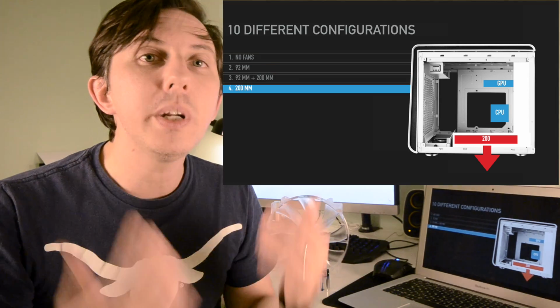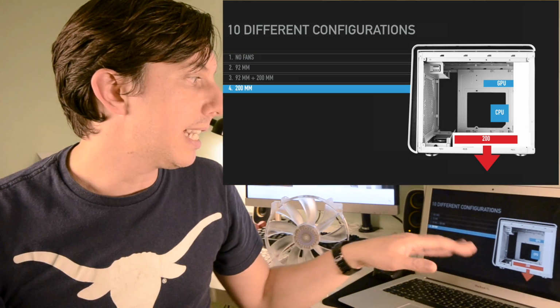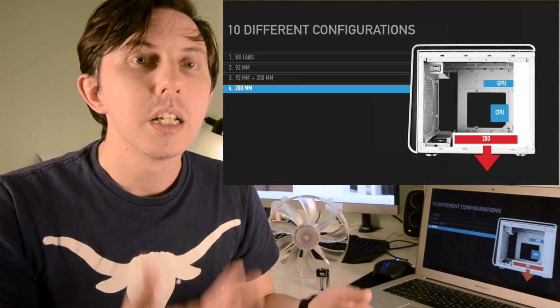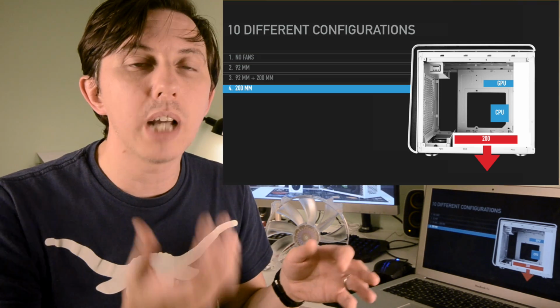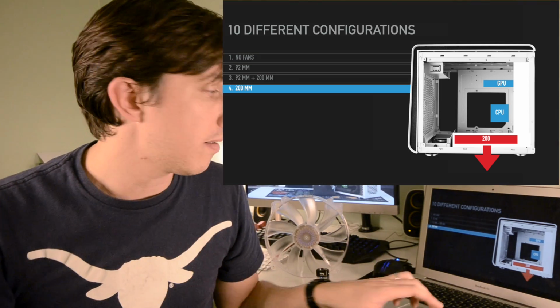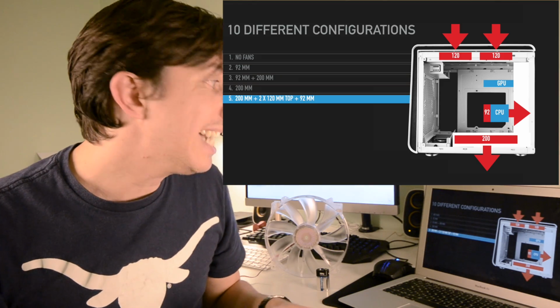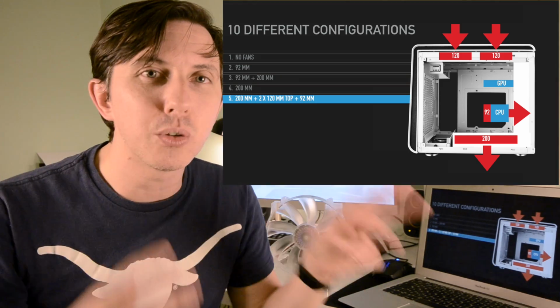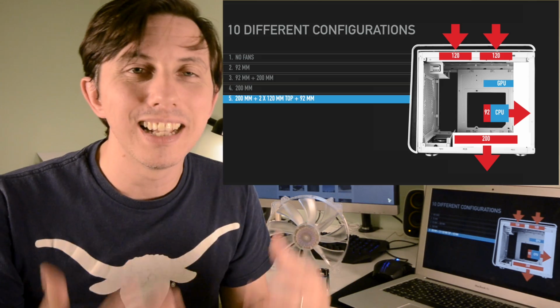Then I tried only with the 200mm. As you can see, the CPU cooler is pretty close to the actual 200mm fan, so the airflow that is pulled down from the 200mm fan is actually driving air through the cooler. And then the configuration I was going for most of the time before I started to actually test the airflow,